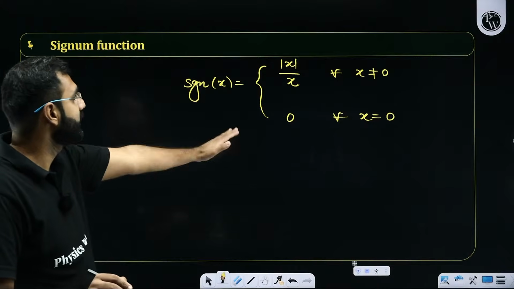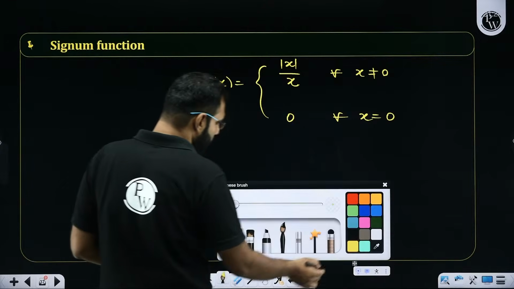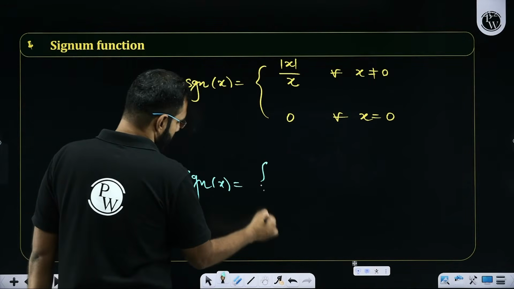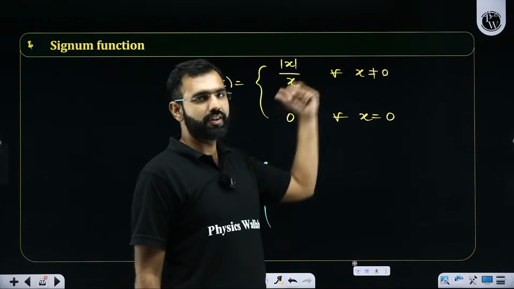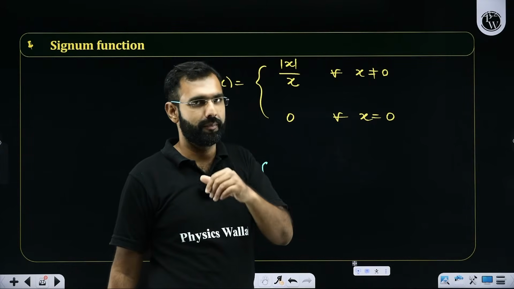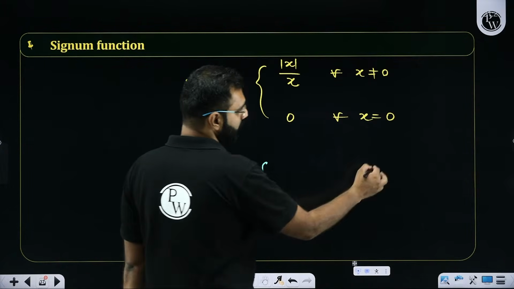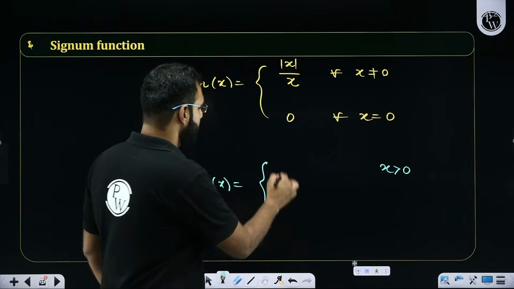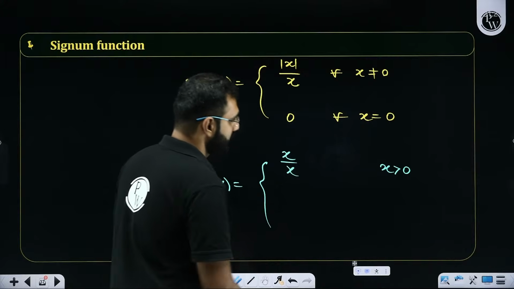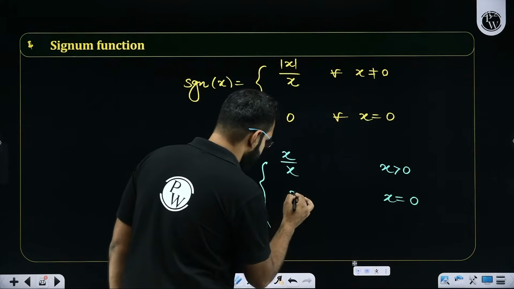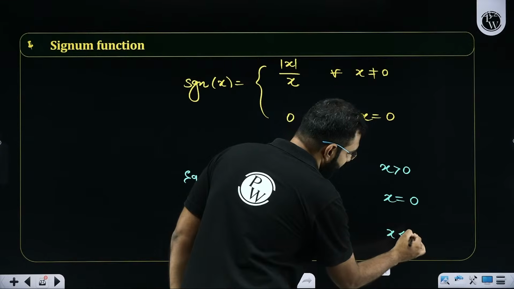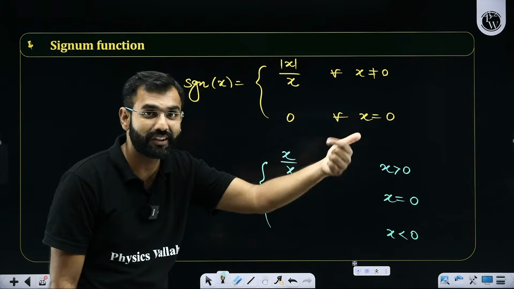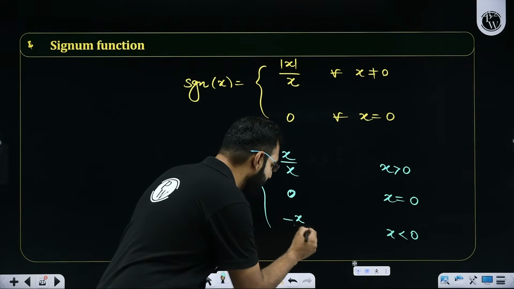Exactly. So we define signum as this. But sir, this is still a very confusing definition. Can you simplify it? Yes, I can. Why would I not? Let's say x is not 0. So sir, when x is not 0, what can it be? It can be either positive or negative. So when x is positive, mod x is x, so it will be x upon x. Sir, when x is 0, it is 0. And when x is negative, mod x is minus x. We have just learned in the absolute value function, haven't we? So it will be minus x upon x.